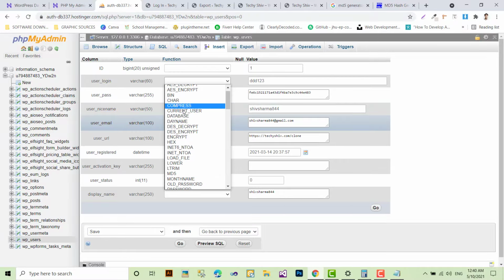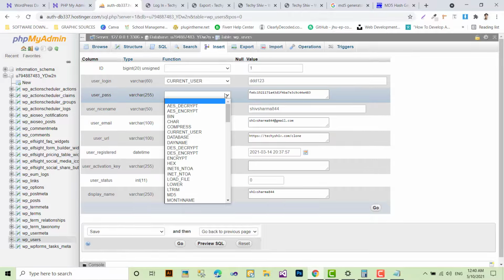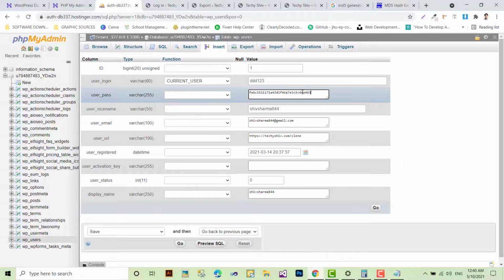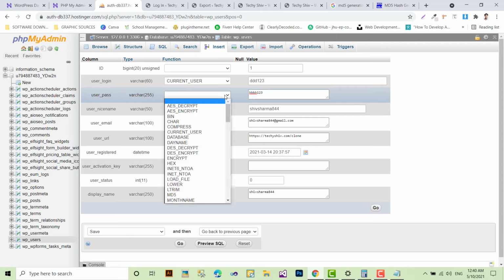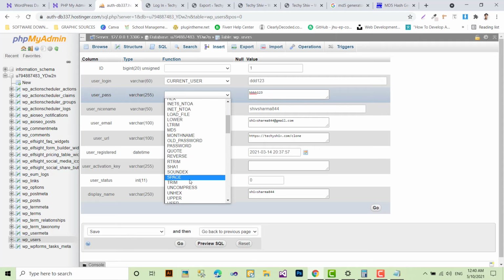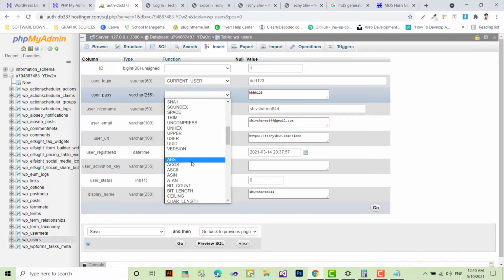I think you have to select current user here, you have to check this one, and here you type the new password, DD123, and then change this one to MD5.